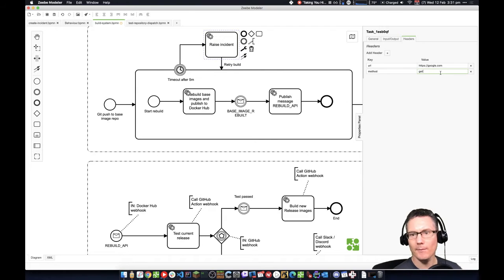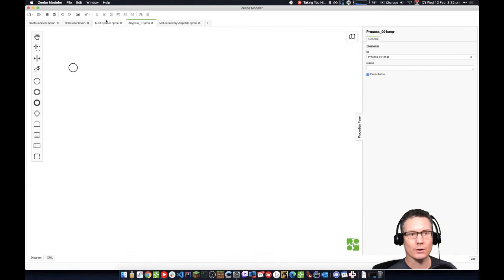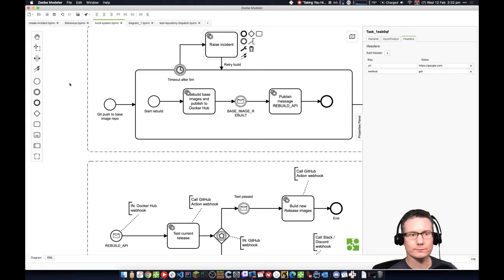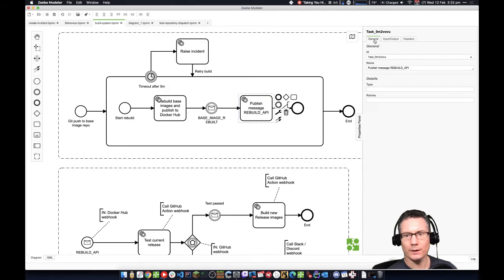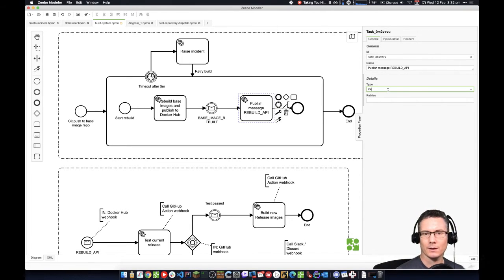Get. We'll create a new BPMN diagram and we're going to copy and paste this thing over. Just gradually build it up. Yep, okay. So this one, we want to issue the command to rebuild the API, publish a message. Okay, yeah, so